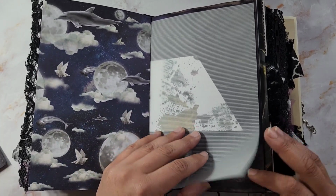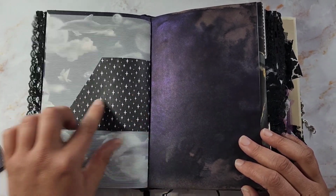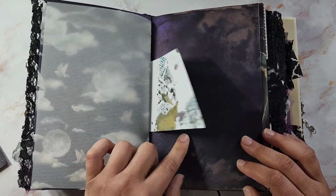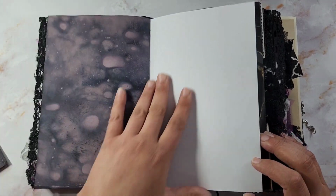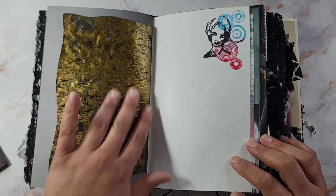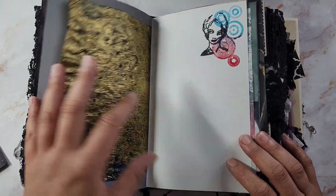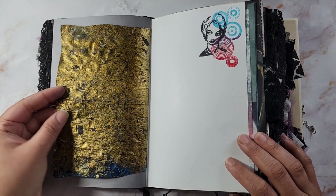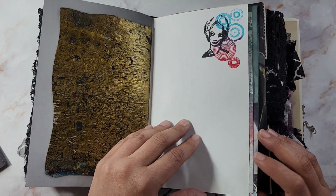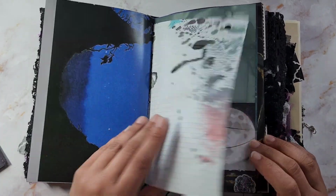This is some vellum, patterned vellum. And the other side of that cutout page, so she can add a little small picture here, journal back here, whatever she wants. And there's some space for writing. And the other side of that tissue page, every signature has one like this of their own, a little jelly printed tracing paper page. And then I did a little stamping here, a little layering on the back of that